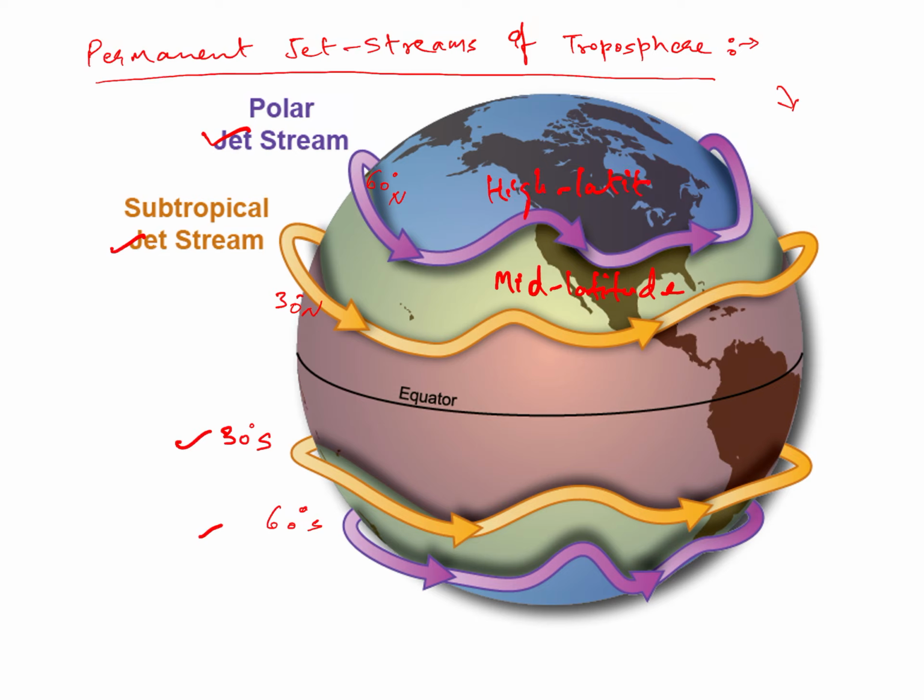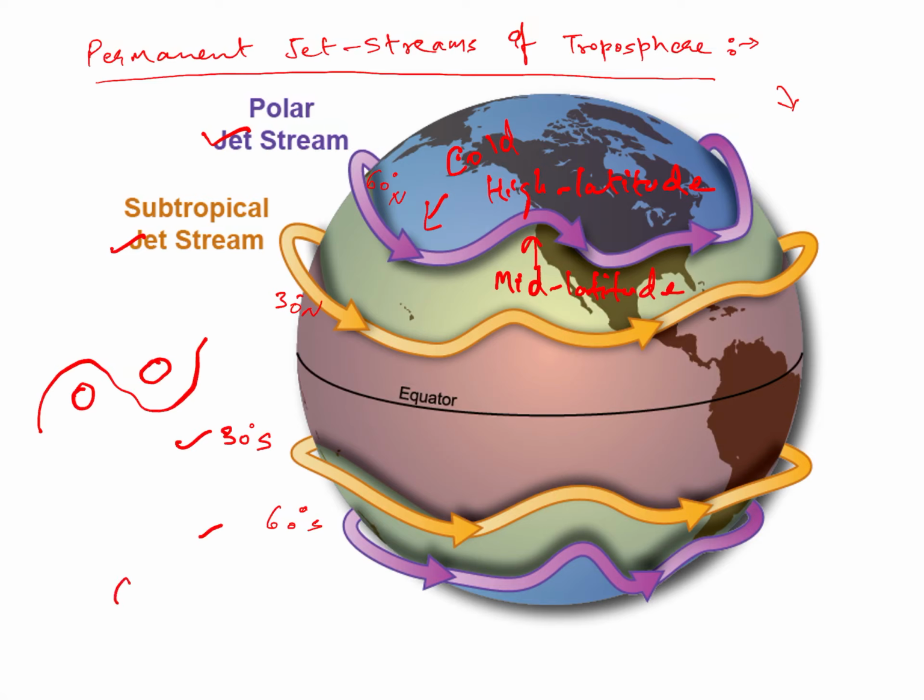So how is the weather or climate defined? It is defined because of the wavy nature of the jet stream. When the cold air is pushed downward, it creates a kind of pressure. Here the warm air is pushed in this direction. Because of this wavy nature, vortices form, creating cyclonic or anticyclonic conditions.